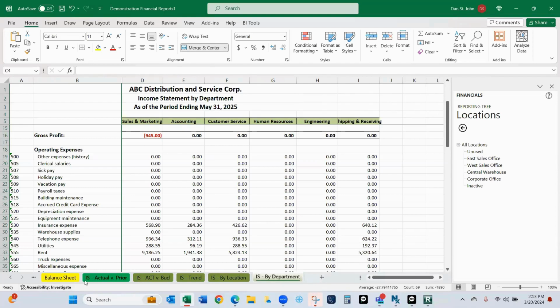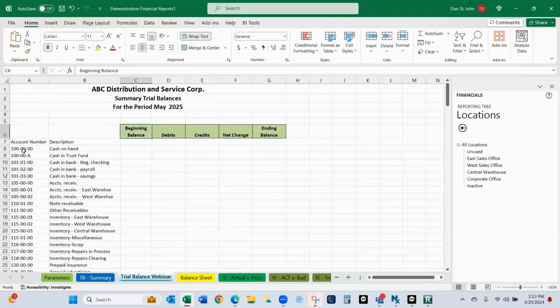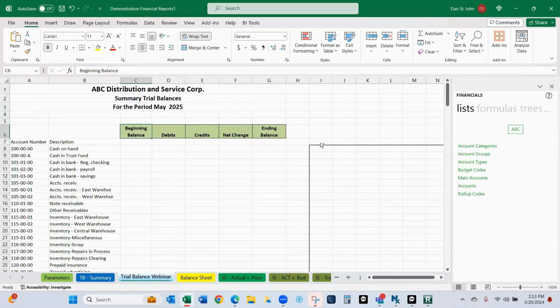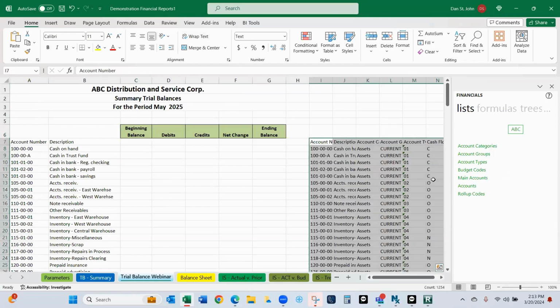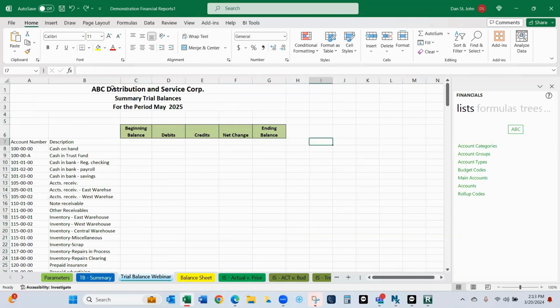Okay, so what I'm going to do here is I'm going to build a trial balance, and I've already put the account numbers over here, and this is accomplished by simply taking one of my lists and just dragging it out onto the screen and getting rid of the columns that I don't need, and now I can get started. Okay, so now everything here is formula driven. So I'm going to go with closing balance,